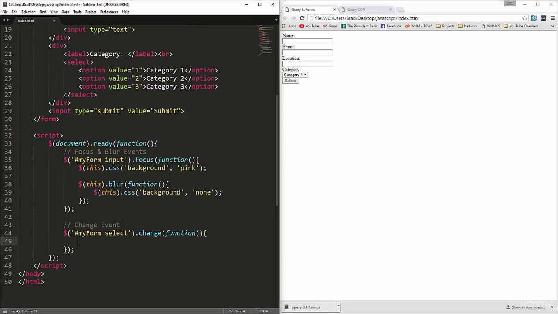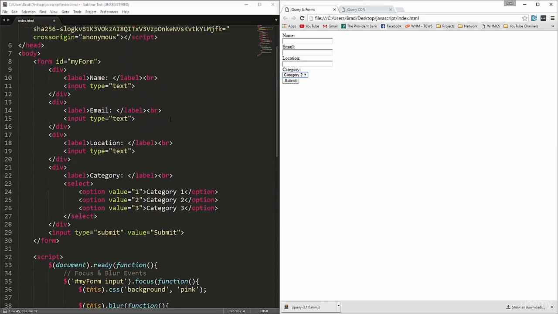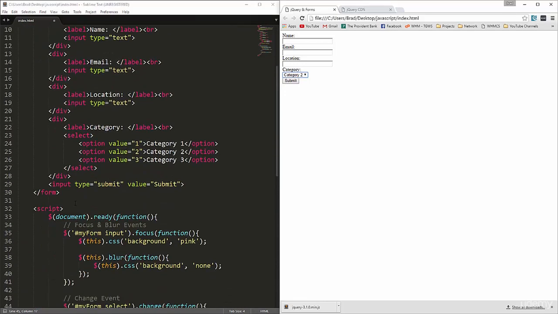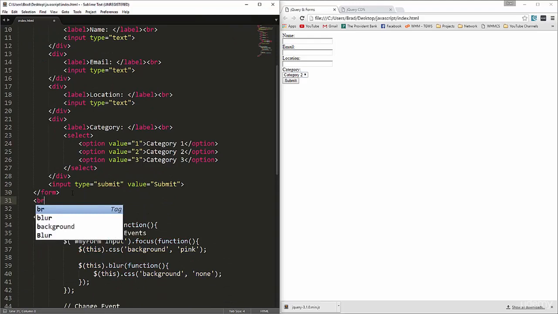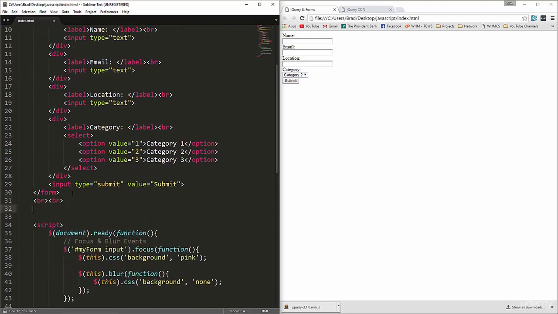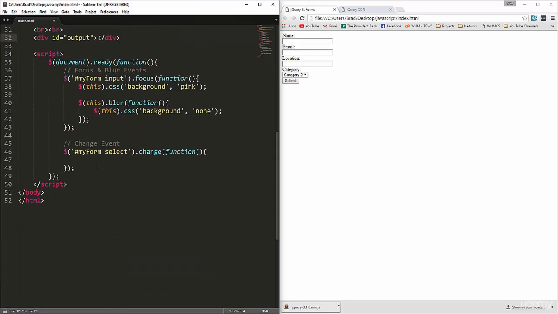And what I want to do is when we select an option here, I want to display it down here. So I'm going to put a div up here right below the form. Let's put some line breaks, and let's put a div, and we'll give it an ID of output. Alright, and then down here, in the select event, we're going to create